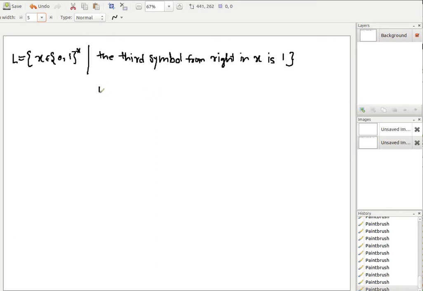So whenever you are writing a binary string like 1 0 0 1 0 1 1 0 1 1 0 1, whenever we are reading it, we go from left to right, right? So this particular language is saying that you should be capturing what is the third symbol from right. So this is first, this is second, this is third. So if the third symbol from the right of any binary string is 1, then that binary string will be part of this language L. So we have to design a DFA for it, right?